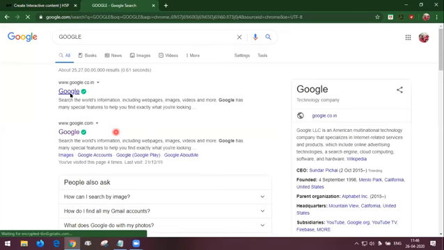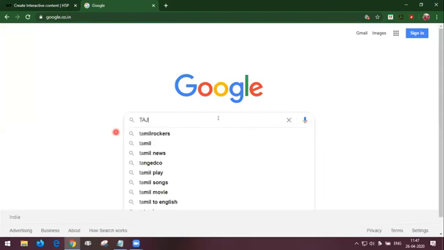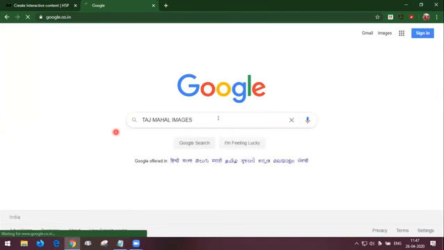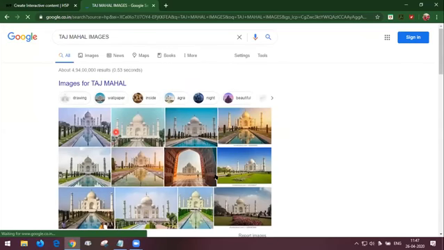So we are already earlier itself in the first session, first phase of the session, first day, Simon sir already taught you how to Google some images and just refreshing it. Go to Google and I'm typing Taj Mahal images. You can see number of Taj Mahal images here and we are going to select any one.